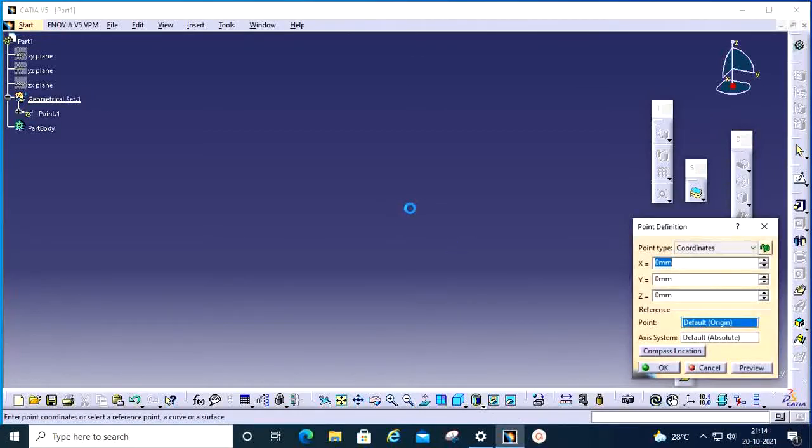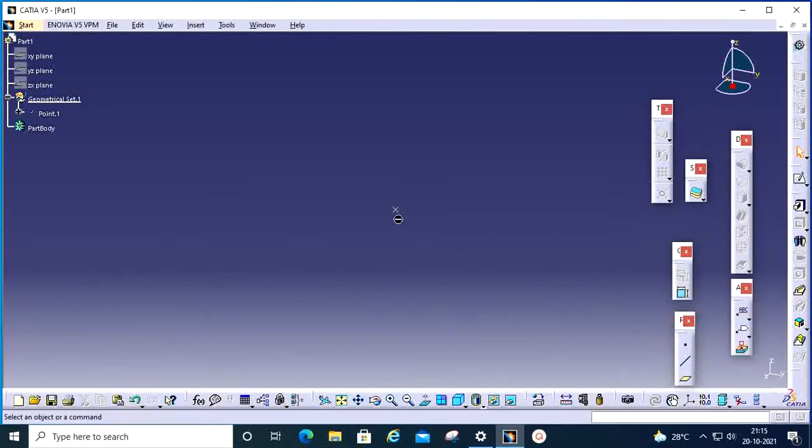Point you can create like coordinate 0 0. Later if you want to move the part, here you can update the value, it will be controlled. It is taking everything as a default, so you can give default. It will create on the exact place where this plane is located, center of these planes.